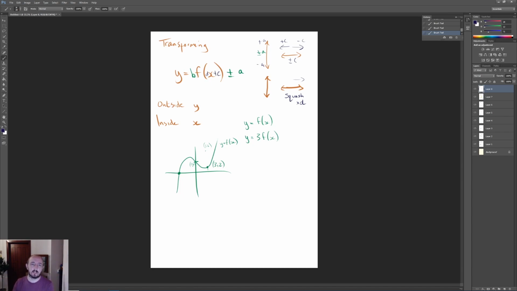Okay. Other things to note, if I want to squash in the y direction, then this b would be a fraction, such as a half. So if you have sine of a half, it's going to squash it. A half sine x would be a squash in that direction because there's a half in front of the function. If I have f of a half x,